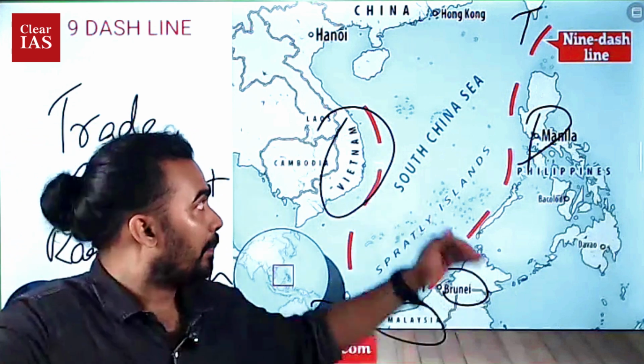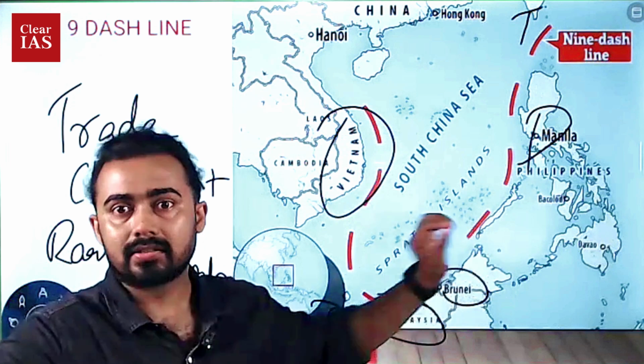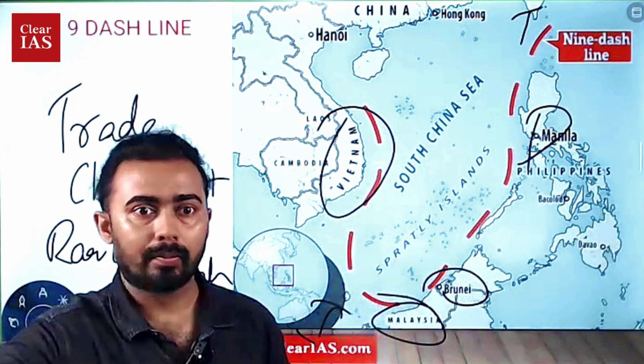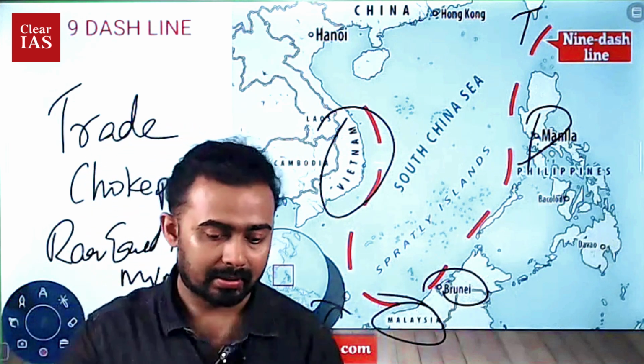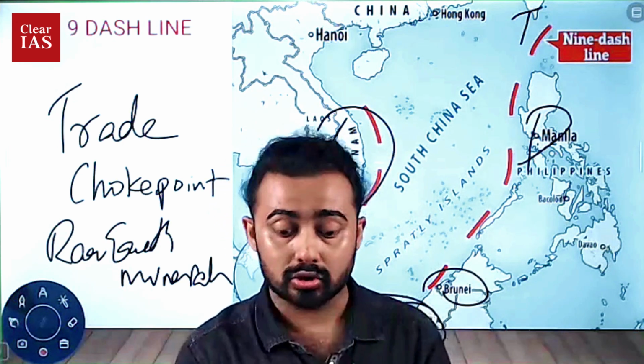Recently, the Philippines and China settled their dispute on one of the small islands. That is the current affair issue. I hope it is okay. Right, so we are winding up the class. Trade reason, exactly, Bhadra is right. Trade and the trade route. The choke point is the word you have to mention whenever you mention the word trade.